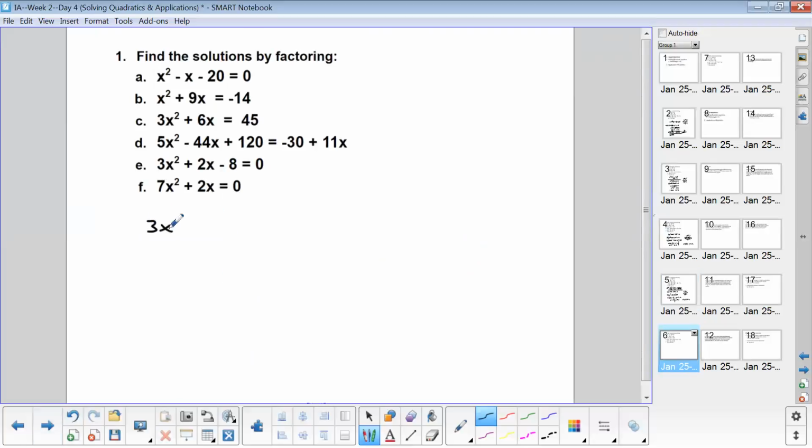Part E, I've got 3x squared plus 2x minus 8. And I have A is not 1, but you see A will not divide any of these. So we're back to our factor by grouping, and I'm going to take 3 times -8, and I get -24. I'm looking for factors of -24 that are going to add to give me 2. And that should be